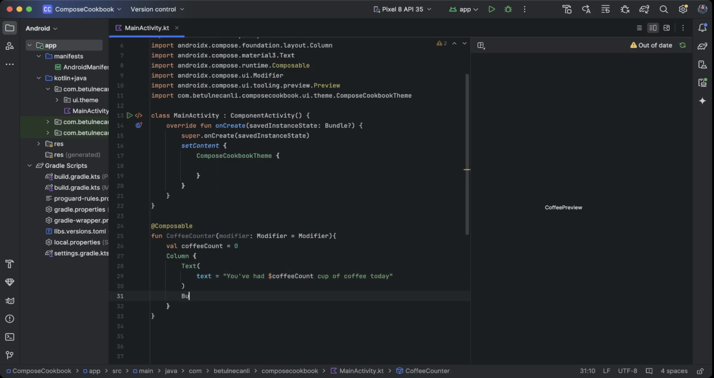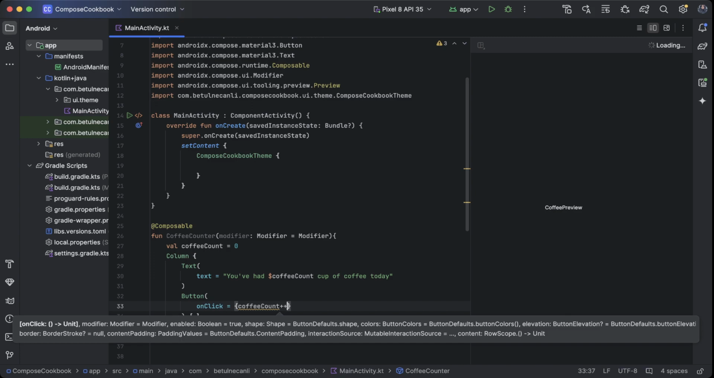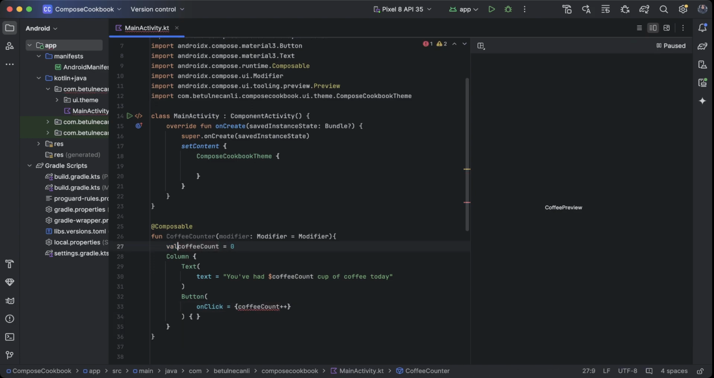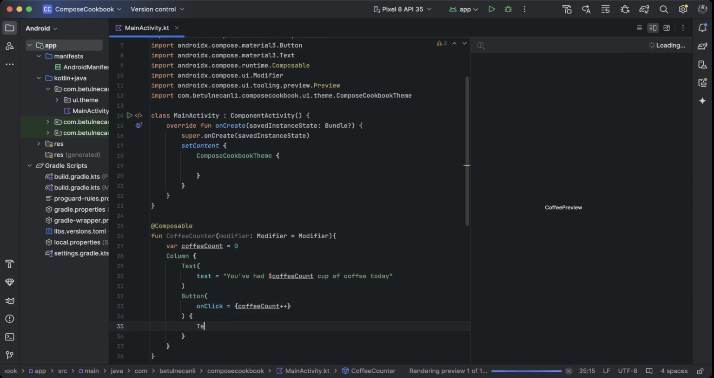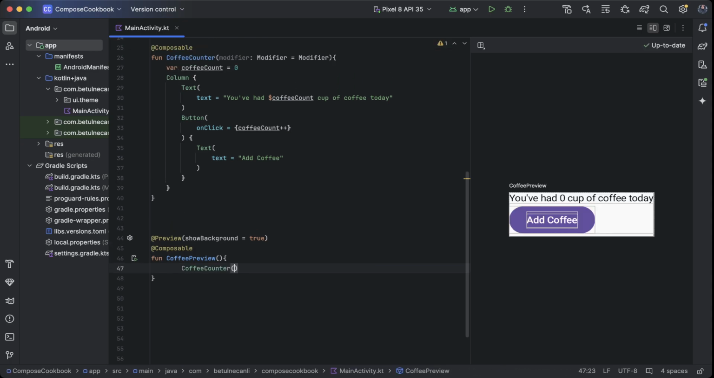And I need a button, and when I click the button I want it to increase the coffeeCount value, so I need to make this a var, and it has a text, add coffee. I want to see the preview, so I'm gonna call this function from my preview,